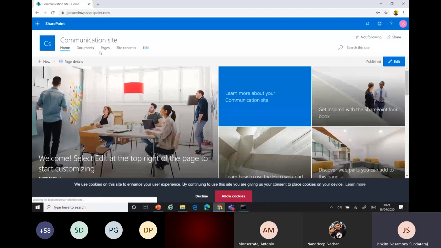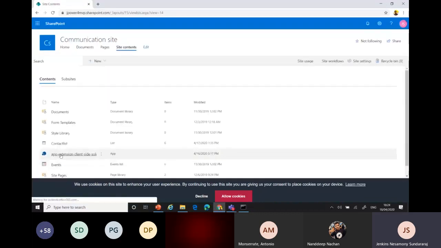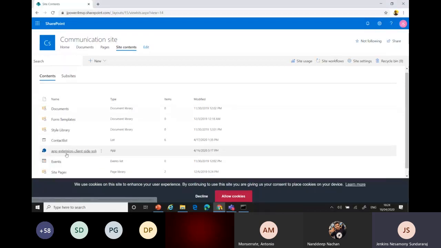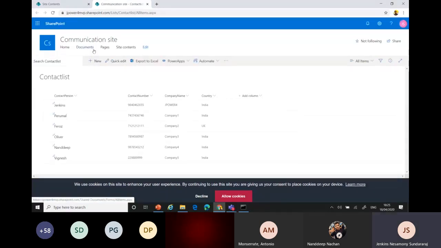Okay. What I did is I have a list available. Anyway, I'll show some of the writings and comments coming. I created one context list, just a SharePoint list, and added some values here. Just a simple value. Okay. I'm going to get the data. Let's see how we can do it.